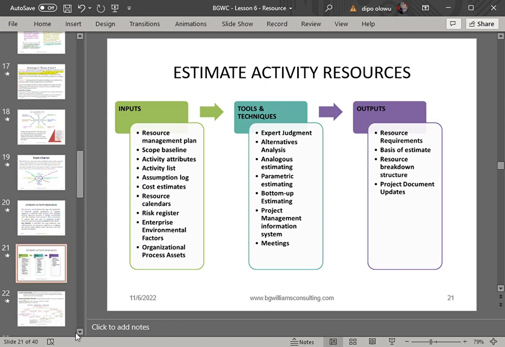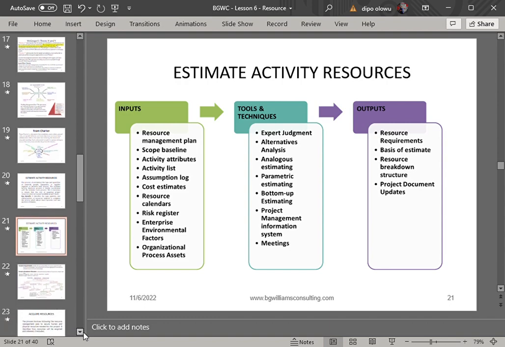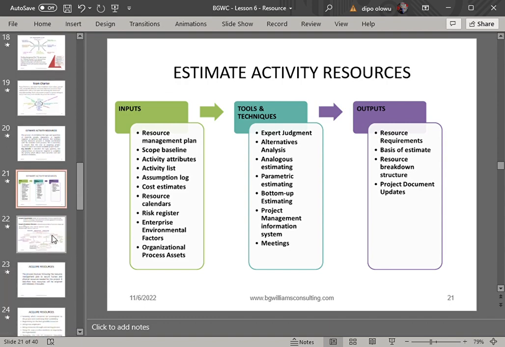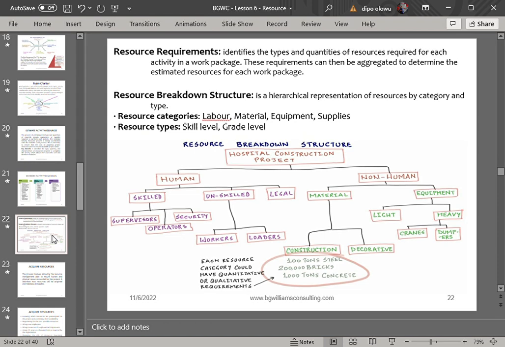Let's look at this on the screen. All right, let's look at this on the screen. So you can see an example of a resource breakdown structure. So what is a resource breakdown structure? The hierarchical representation of resources by category and type. So this is an example, a hospital construction project, for example. You can see the resource breakdown,